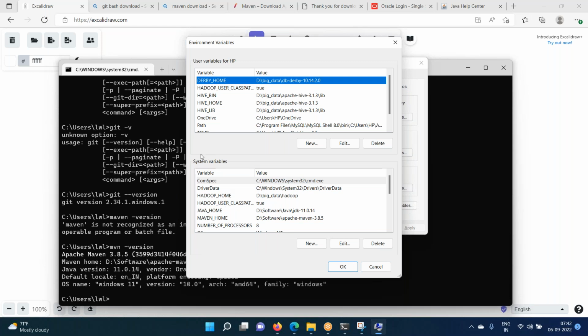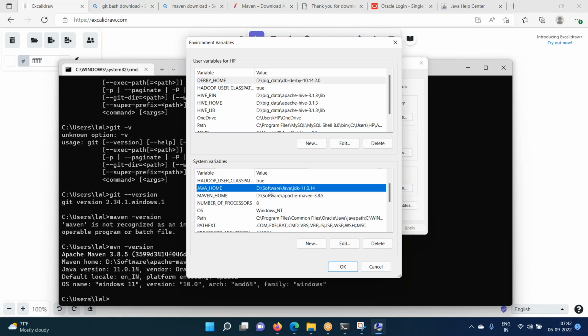Those variables can be accessed by all the users of the system. And when it comes to the user variables, this is specific to only this user. Okay, whoever is the logged in user, that person can access these variables. Now, in the case of Java, if I'm defining my Java home here,